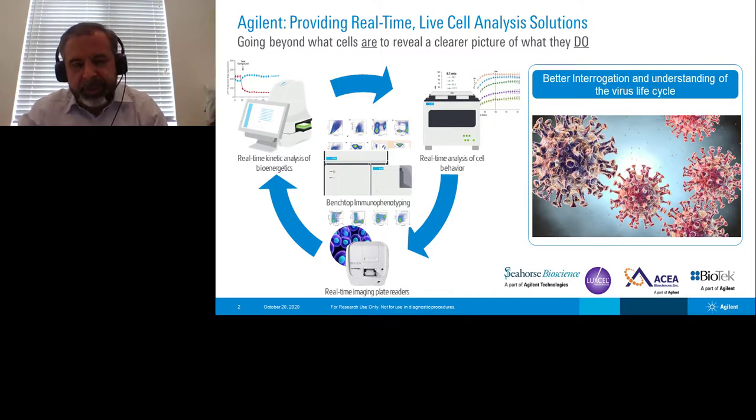Agilent's rapidly growing cell analysis portfolio enables deeper, more reliable insights across a variety of cell analysis applications where investigators and drug developers seek to understand complex cellular environments and interactions, including cell fate, fitness, and function. Our comprehensive cell analysis tools are critically important in various investigative fields such as cancer, inflammation, immunology, immune oncology, and as you'll find out today, for virology and then also cardiotoxicity as well.